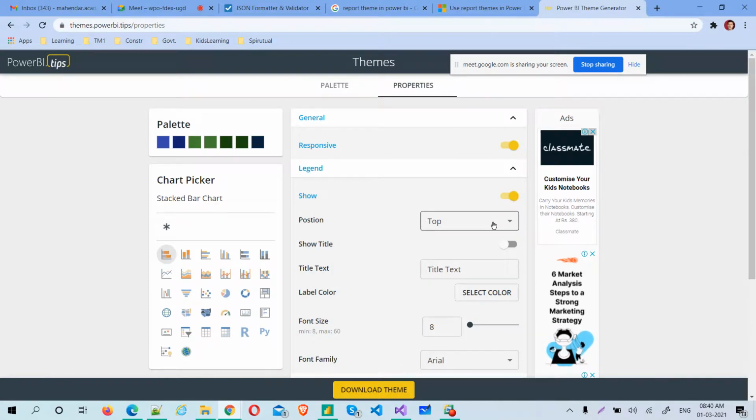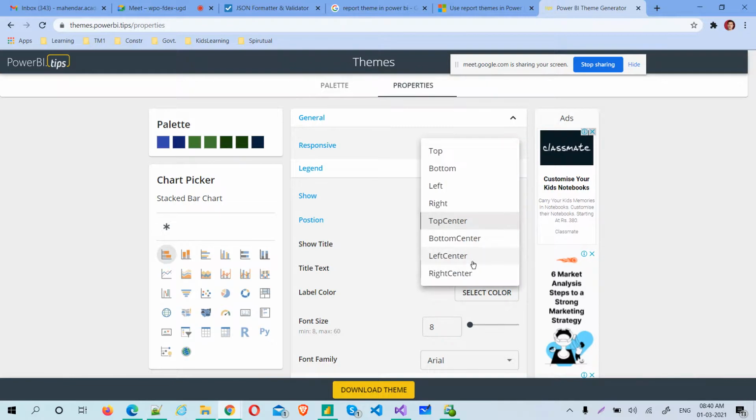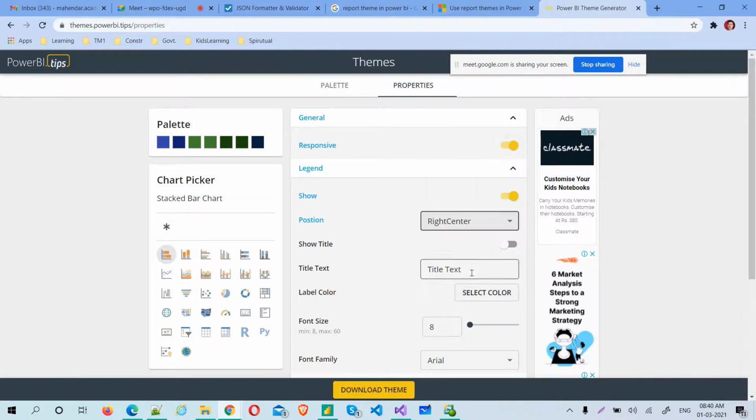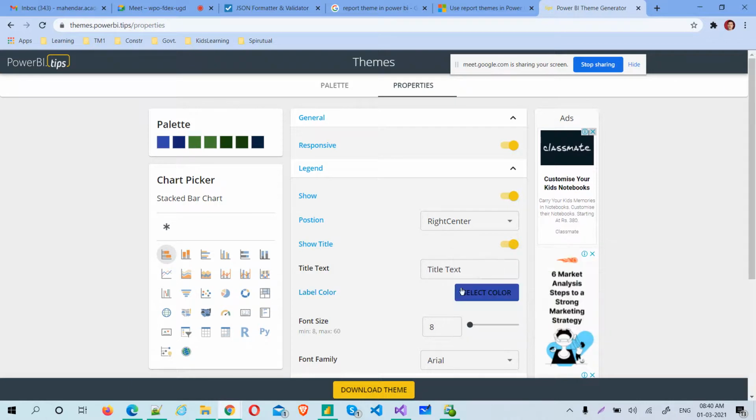It should be on the top or top center, or right center, something like that. And then show title should be on, and the title name should be something, and select color. See, what is the select color? The colors that I've selected in the palette, that is coming with different percentages. Now just select this, and font size make it 14.